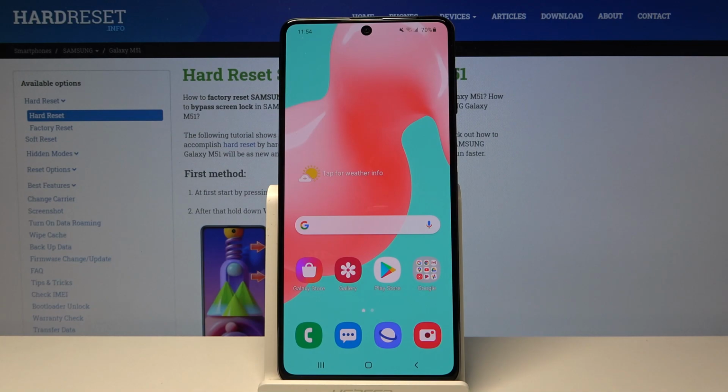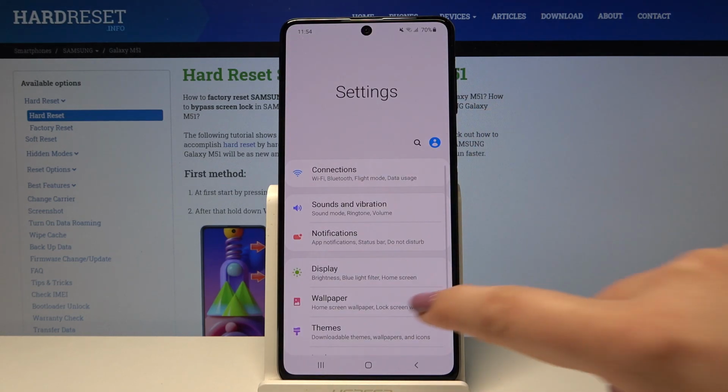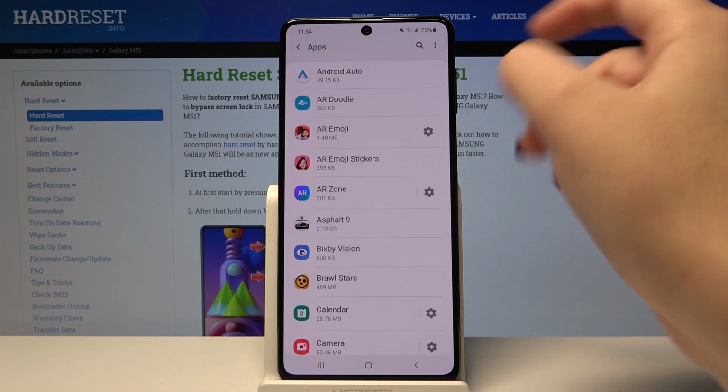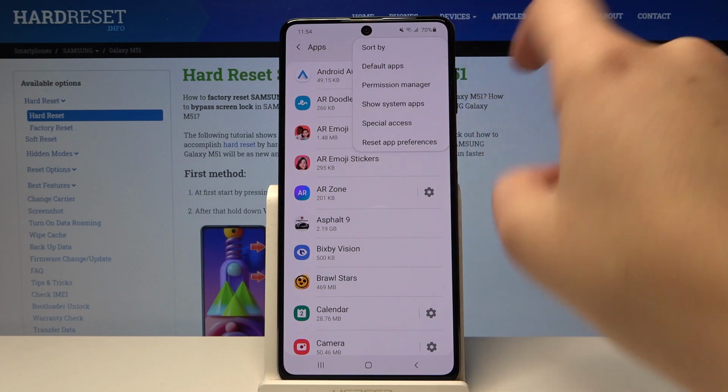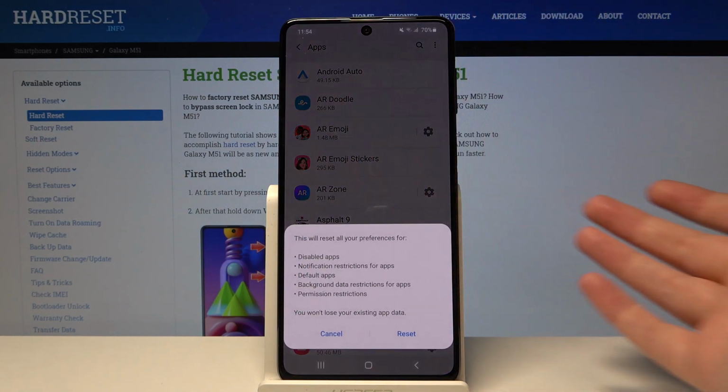Hi everyone, here we've got Samsung Galaxy M51 and let me show you how to reset app preferences on this device. So first of all we have to open the list of apps and enter the settings. Here let's scroll until you'll see apps, let's tap on it and now let's choose this three dots icon. Here at the very bottom of the list we've got reset app preferences option, so let's tap on it and